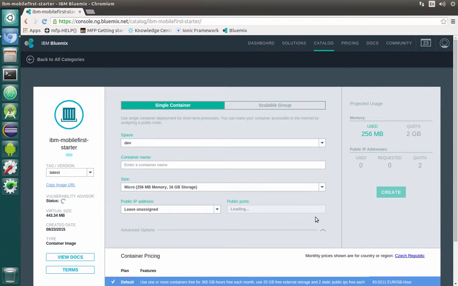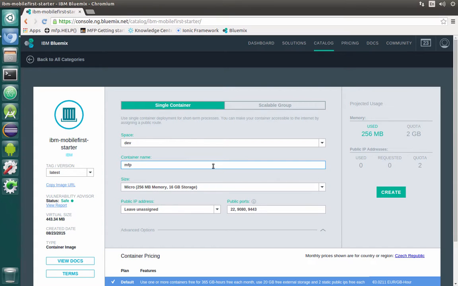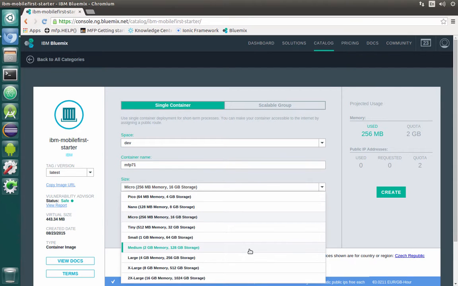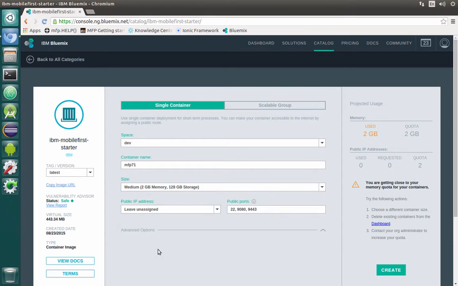So now we went to the configuration of our container, and here is a really important thing that we need to do. First of all, we need to enter a name. It can be anything actually. I will type mfp71, just like that. The second really important thing is to select the size. In our case, we need a medium size, at least medium size, because 2 GB of memory is the smallest amount that you can use for